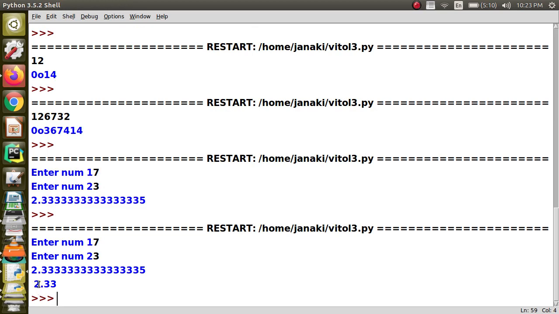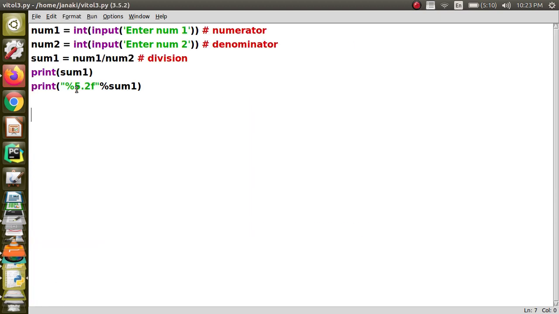One more thing that you should notice is there is a space before it, because we have told totally 5 places and 4 things are there, 2.33. Always it will right align the things. So now we will just change this to 15. So I am going to have 15 spaces totally and 2 decimal places, okay?